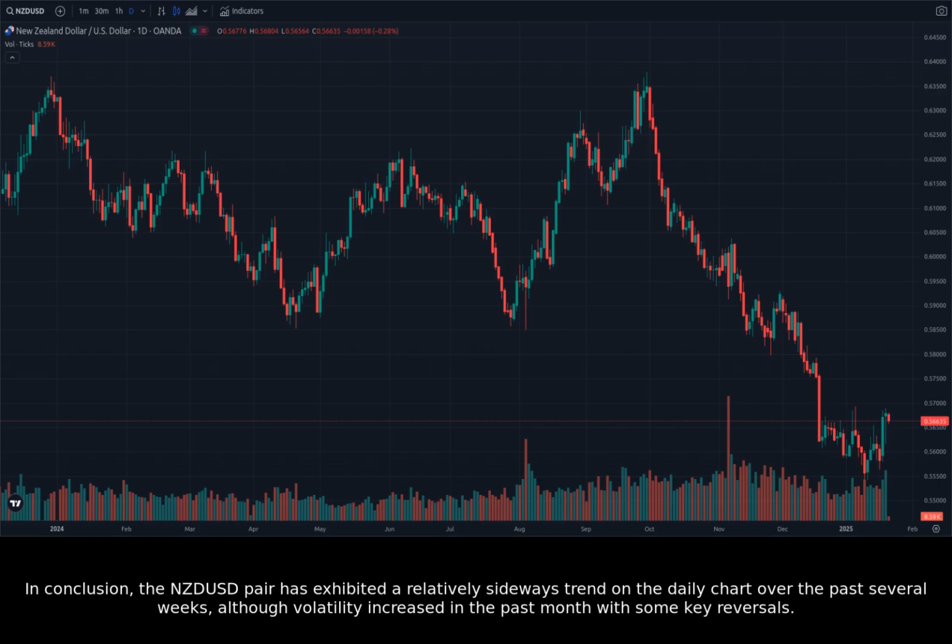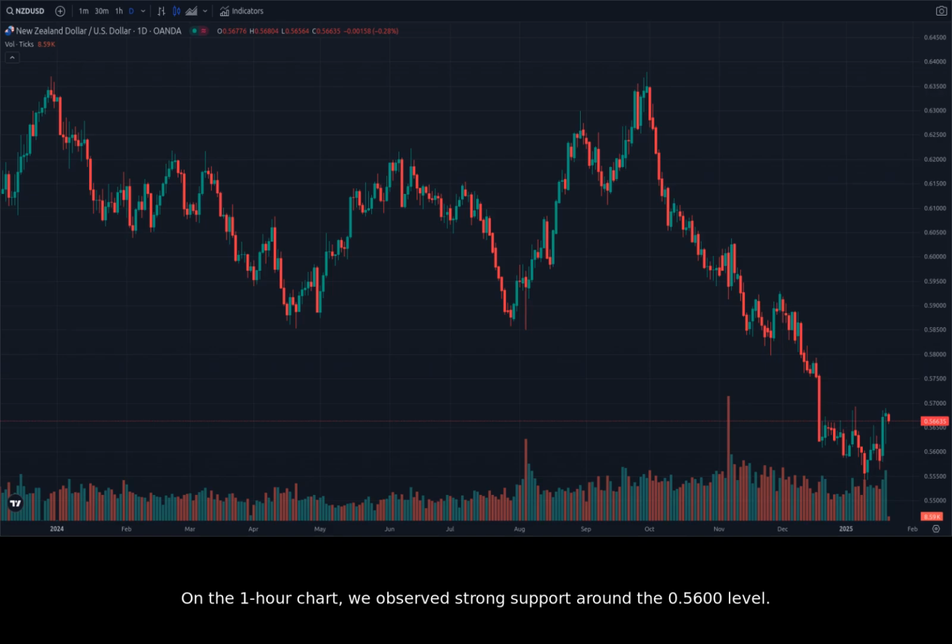In conclusion, the NZDUSD pair has exhibited a relatively sideways trend on the daily chart over the past several weeks, although volatility increased in the past month with some key reversals. On the 1-hour chart, we observed strong support around the 0.5600 level. The 15-minute chart provided further details on recent price fluctuations and some strong reversal patterns. Important key price levels to watch include 0.5600 support